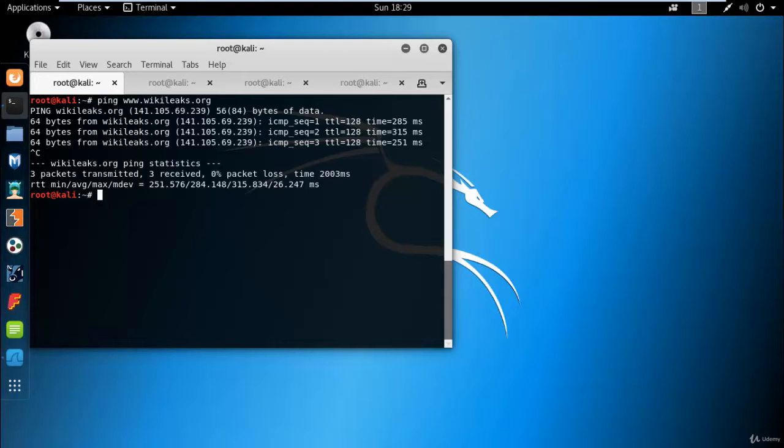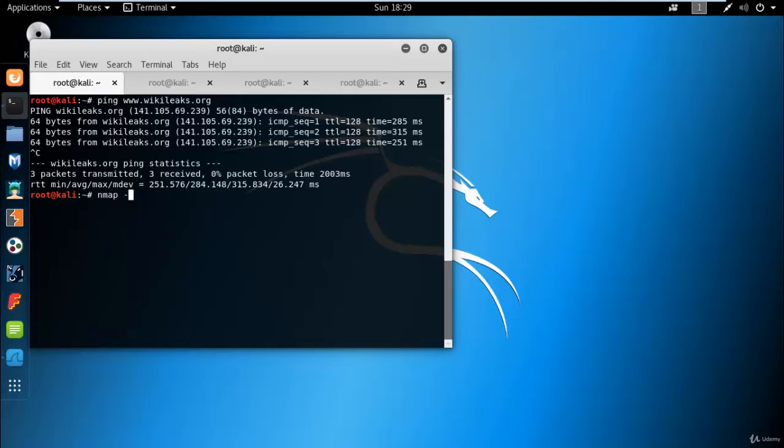Assume that you are standing at a public network and you are going to penetrate your target organization, and you are able to ping your target organization's domain name, and you want to list all the live IP addresses of your target from the public network.